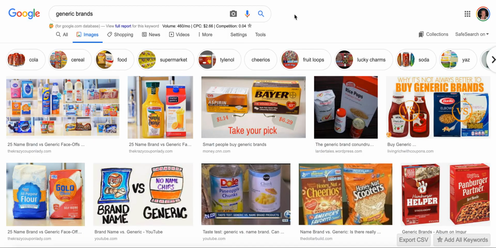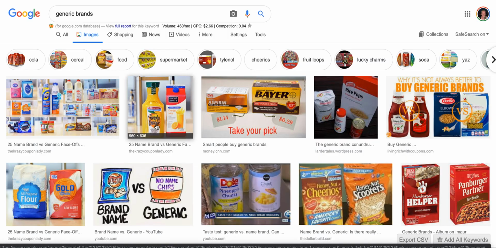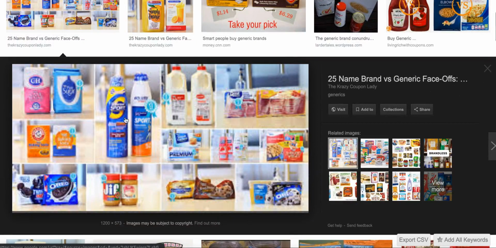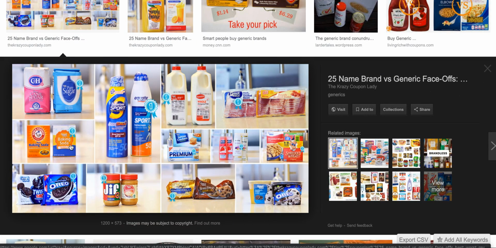So some of the benefits of buying generic brands over name brands include lower pricing, and that means a lot, obviously, to most people out there. If you're going to buy a name brand version of any product, it's probably going to cost 20 to 30% more than the generic brand, and that's on average. And these are some examples of generic brands versus name brands. You'll see these in any store, any shopping market out there. Usually they're private labeled from the actual shopping market. But they're just going to cost less and generally be about the same quality.